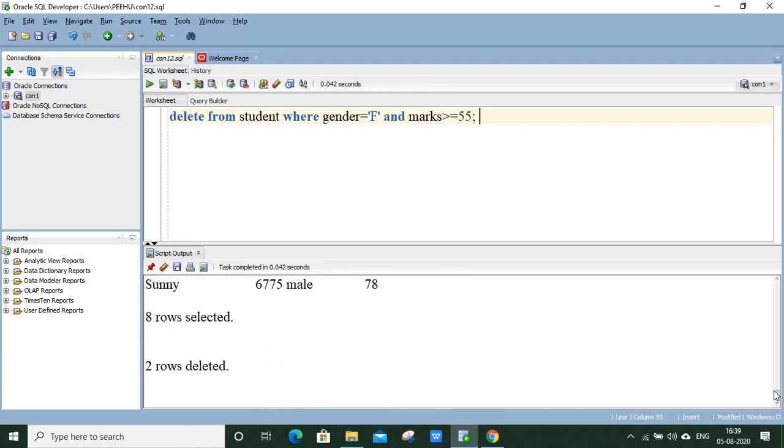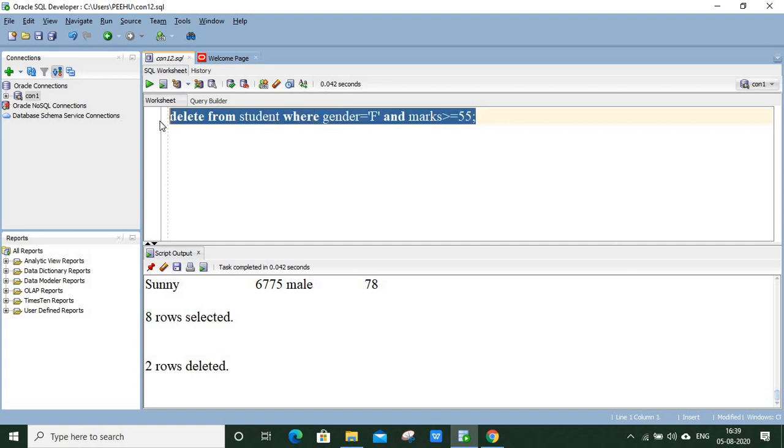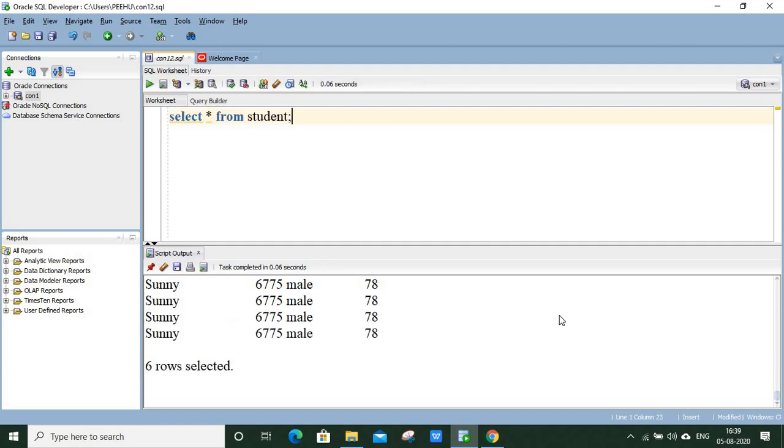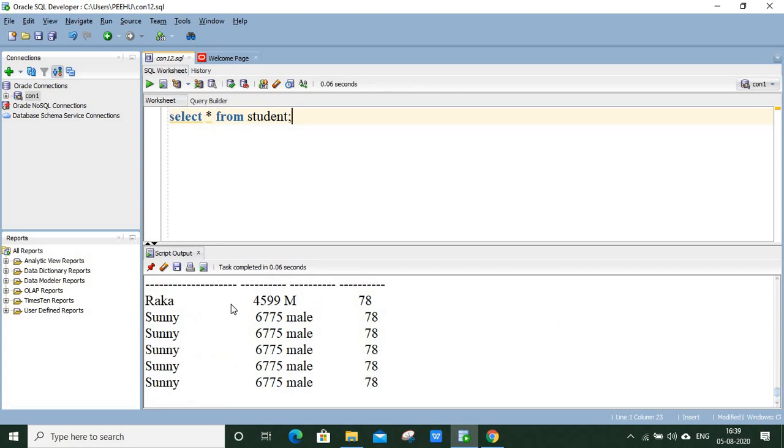Yes, now you'll see that 2 rows have been deleted from this table. So let's see what is now present in this table. Now there are total 6 rows, and you can see that those rows have been deleted from the table.